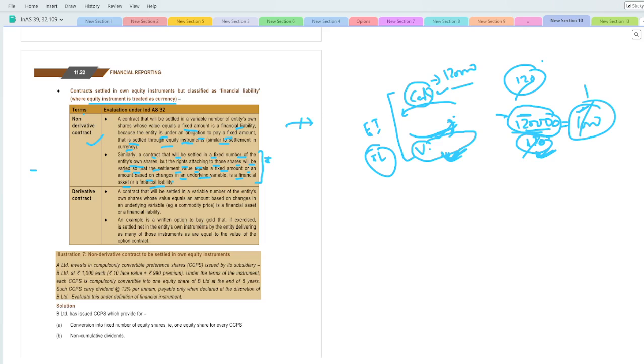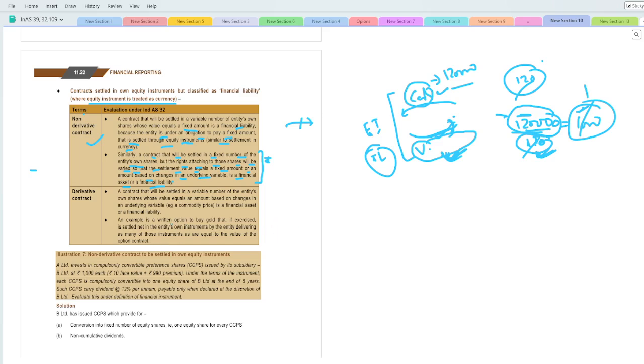And an example is a written option to buy the gold, if the exercise is settled net in the own equity shares by the entity delivering as many of those instruments as are equal to the value of the option contract. तो एक बार ये सिंपल मैं बता देता हूँ कि रिटर्न ऑप्शन क्या बोल रही है।